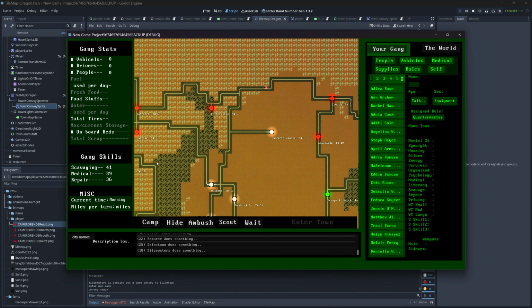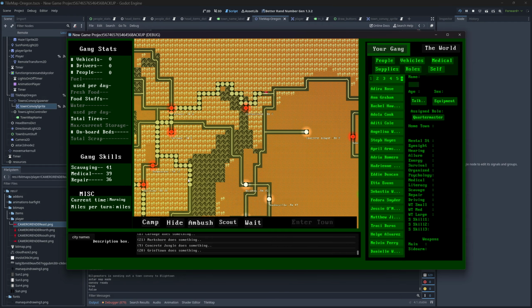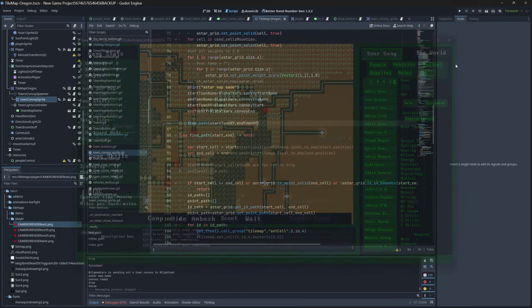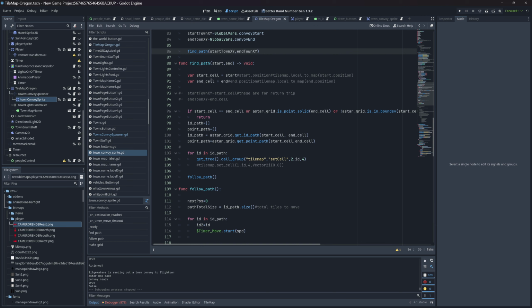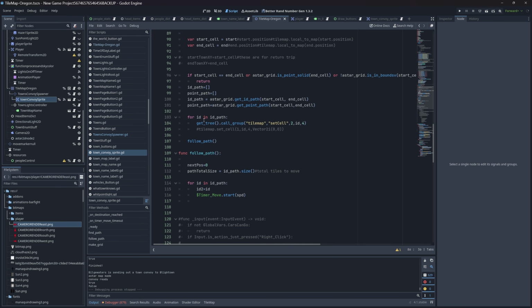But there's no convoys. Okay, bilge water. All right, it's working. So bilge water is doing something just somewhere. All right, there's a trail. Okay, so it's all working. So this finds the path. So ID path and point path. And then